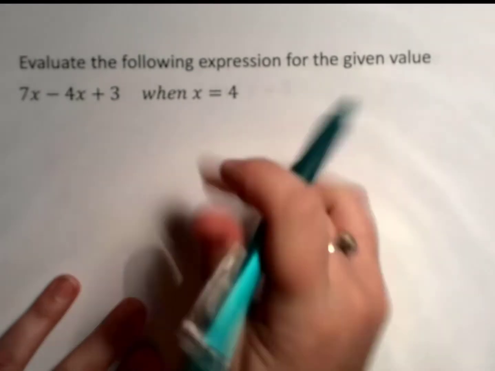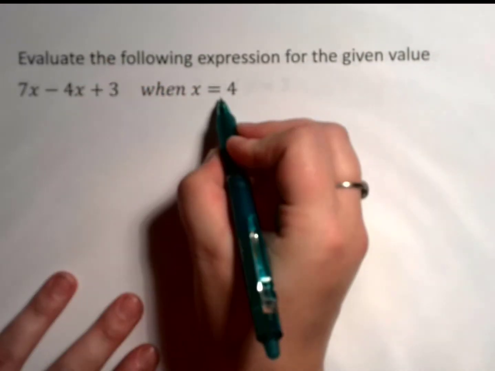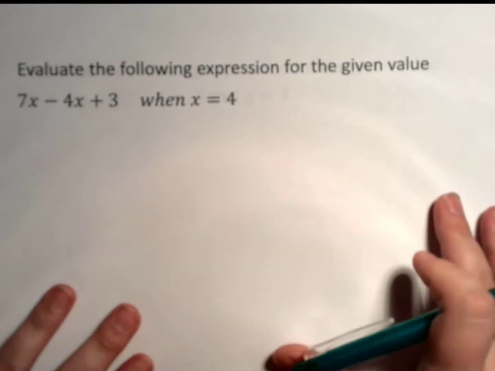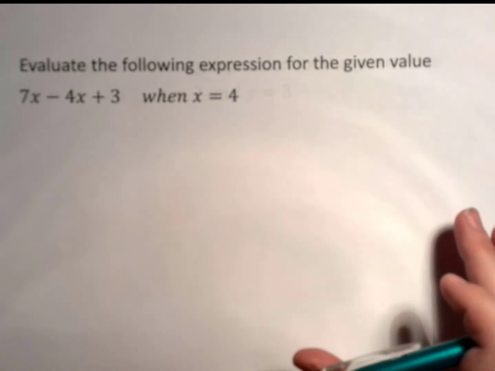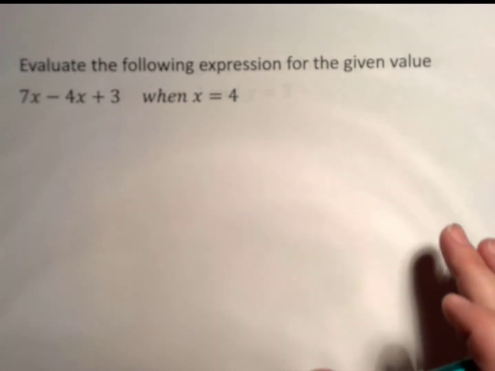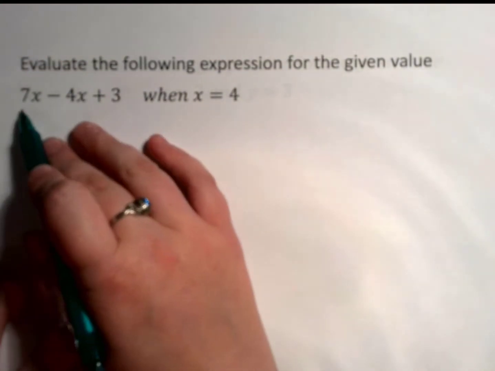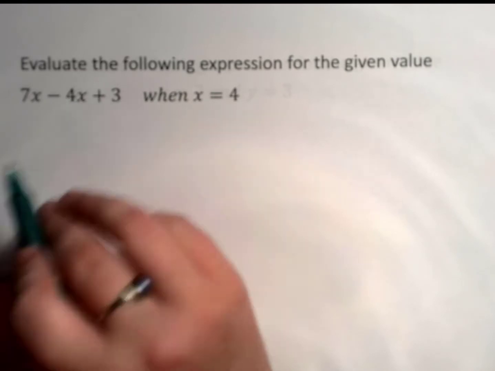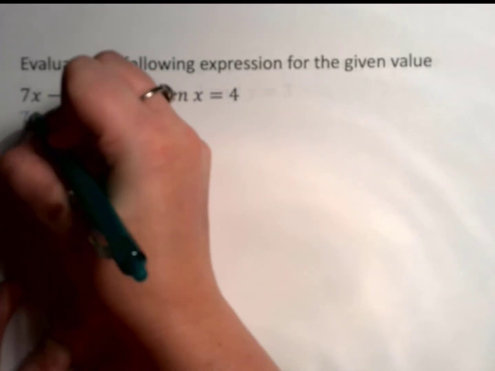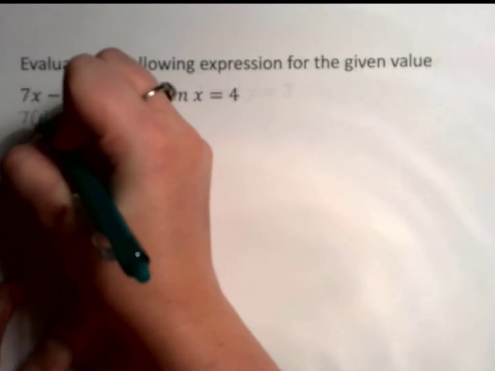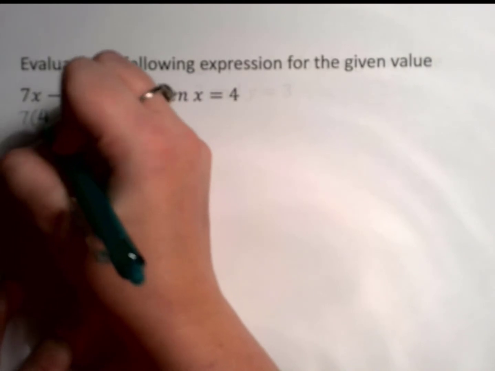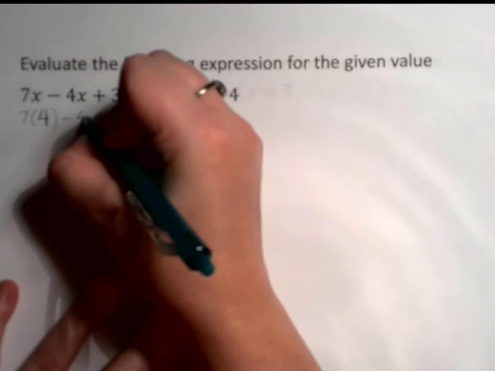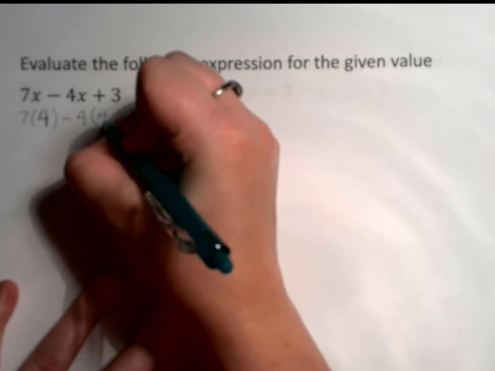Okay, so I'm given that x is equal to 4, and I've got 7x minus 4x plus 3. So I'm going to replace my x with 4 each time I see the x,